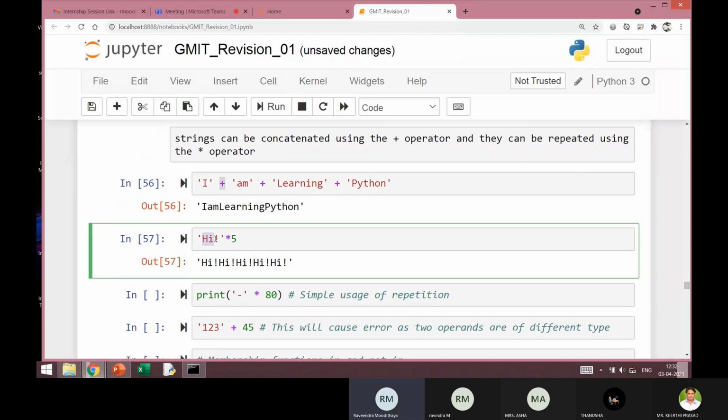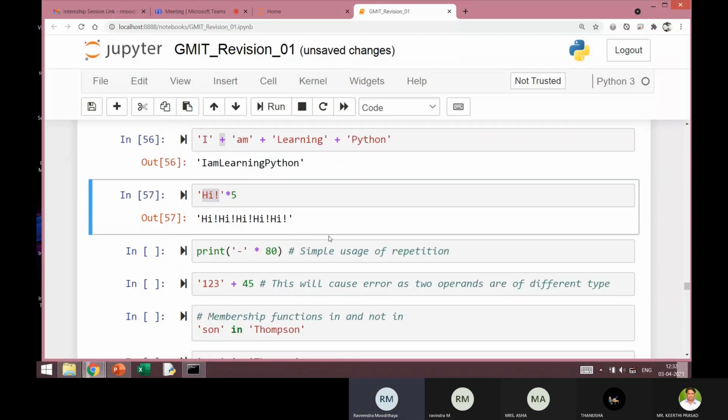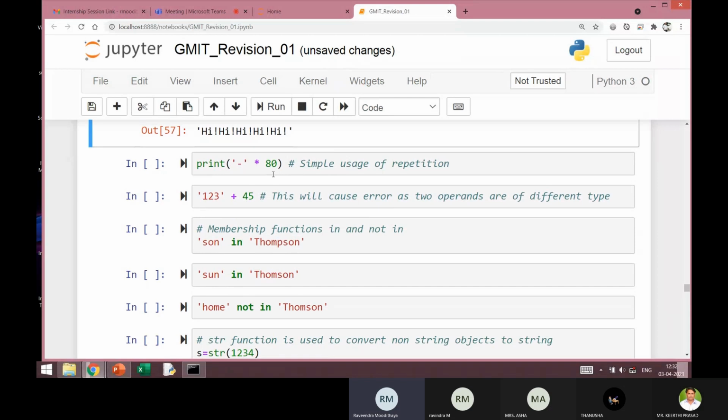The string hi and exclamation sign is repeated 5 times. Now a simple usage of this repetition is, suppose I want to draw a line in the output. I can simply say print, then one dash as a single character multiplied by 80.